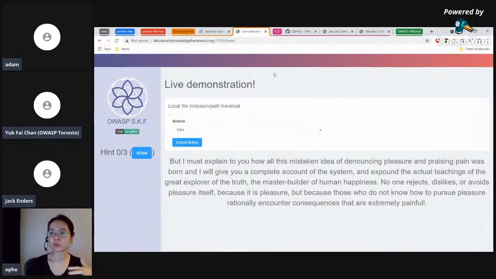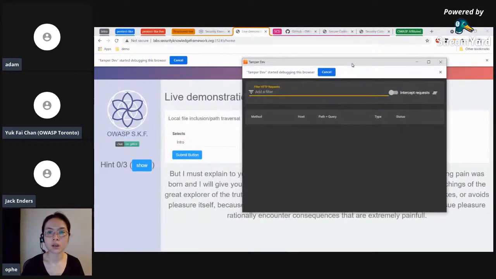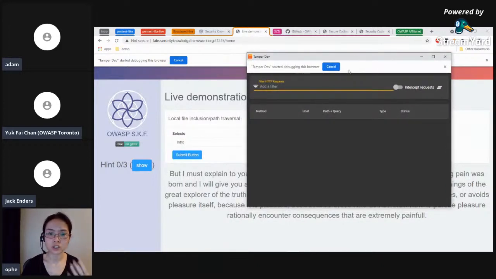So this one looks like I will need some kind of HTTP interception just to see what the requests and responses are. I'm not going to bother to use OWASP ZAP because I don't want another running thing on my machine. Let's try with a Chrome extension. I just downloaded Tamperdev, which is like the next generation of Tamper Data from way back when. Lots of times when you don't have the ability to install tools on the machine you're on, you can at least install Chrome extensions. It gives you a less nice interface, without all the bells and whistles, and definitely none of the scanning capability, but it is enough to at least look at the